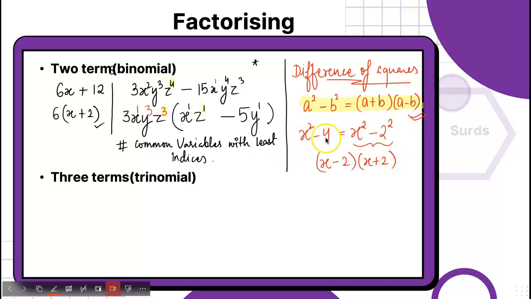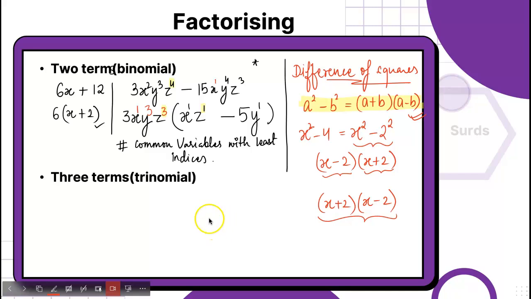We just take both the numbers, both the bases, and first bracket with the difference and the other bracket with the sum. Changing the brackets, changing the order of the bracket doesn't matter. Doesn't change the answer. So for A levels, obviously it's nothing to discuss about these type of things. These are very basic things. So yeah, when we have two terms, I think we're going to be getting these type of questions.